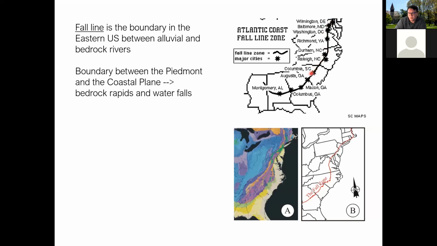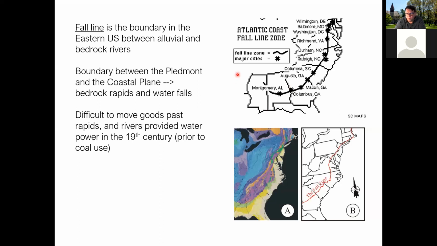Inland from the fall line is actually areas where you see bedrock rivers with cobbles and rocks in the actual bedrock or in the river channel, and these areas tend to have some topography, so much faster moving water, often pretty useful for transporting goods, using hydroelectric power, things like that. So the point is, it's pretty difficult to move goods past rapids. So you can locally move pretty well along areas inland from the fall line, but over expansive areas, transportation is